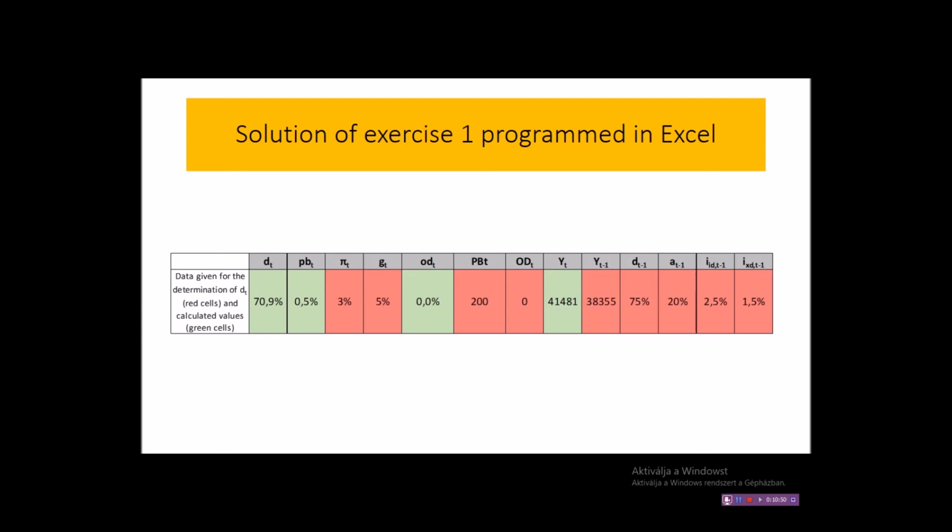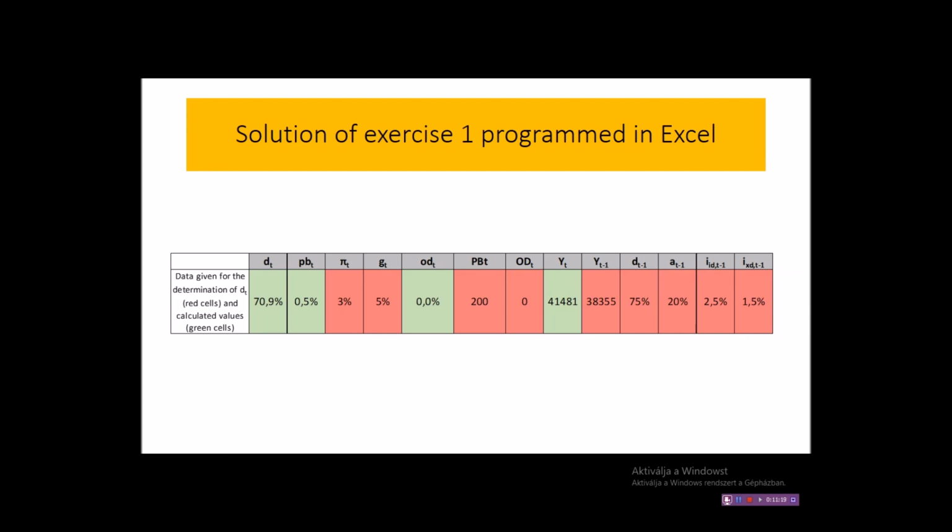These formulas can be programmed in Excel tables, so after simply typing in the data that we already know, like the GDP from last year, which is 38,355, the government debt rate of last year, which is 75%, the rate of government debt in foreign currency, which was 20%, and so on, then the calculated values of the green cells appear, like the GDP of this year,